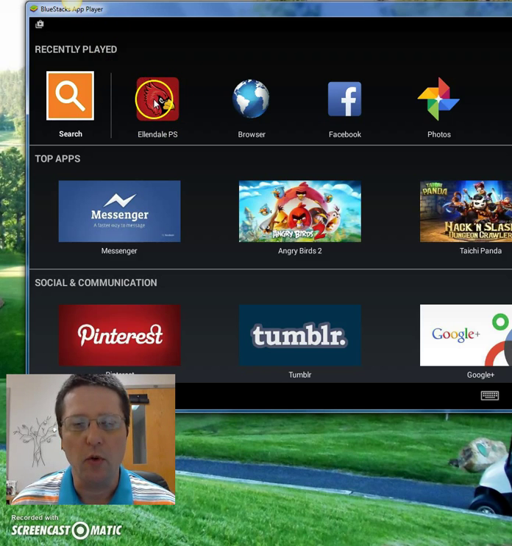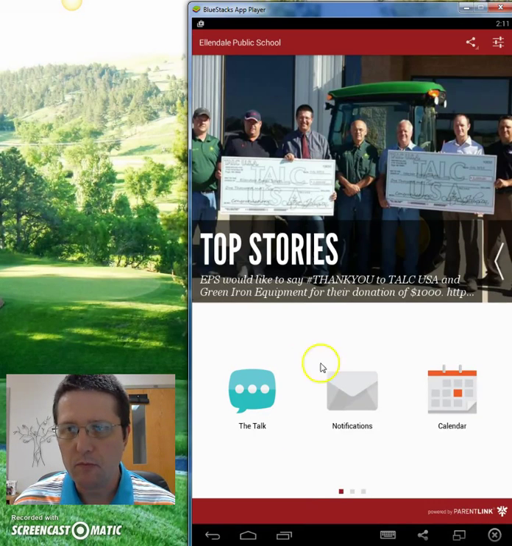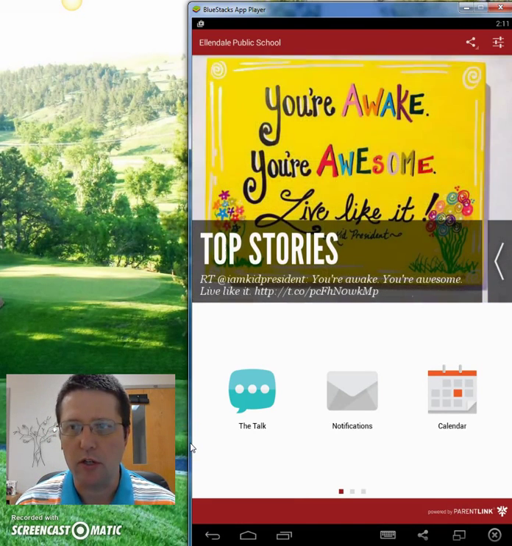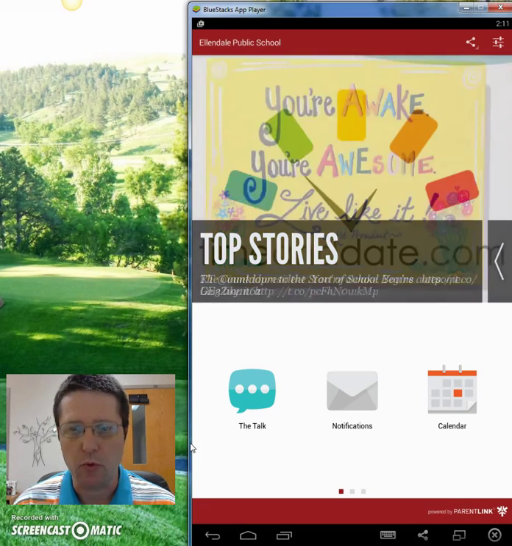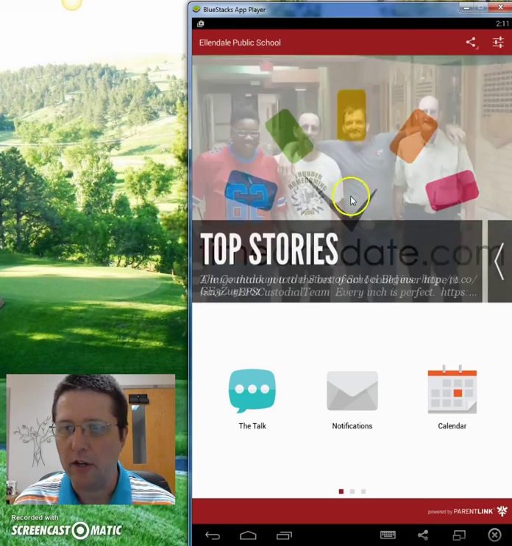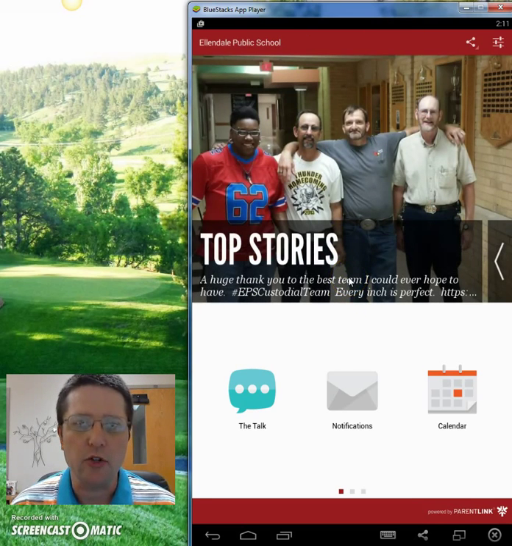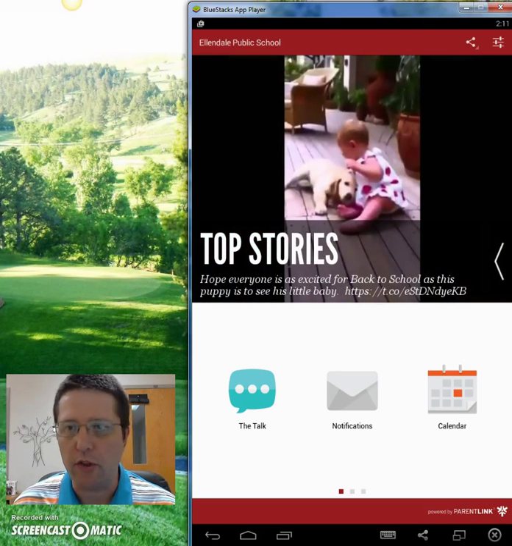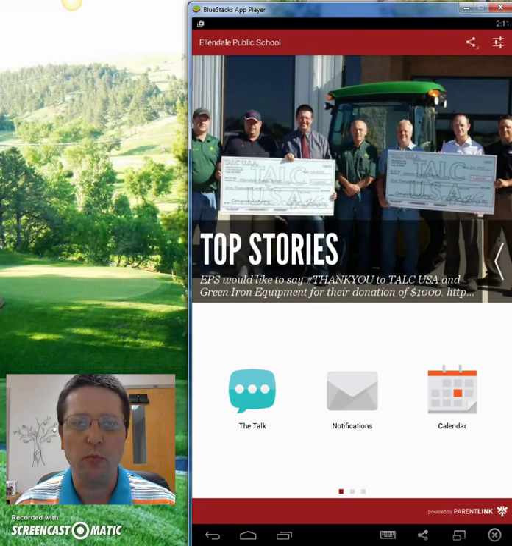Really easy. And then once it's installed, you can begin by just clicking on the app, which I'm going to do for you now. Now, this is an Android emulator, but I don't think it really matters. It's going to act and behave like it would on an iPhone or an Android device for the most part. So you can see on here, and again, it's really large, but this is the basic introductory screen when the app opens. And just to talk you through a few things, at the top you're going to have our top stories. Those are the information we put either out on Twitter, Facebook, or in those social medias